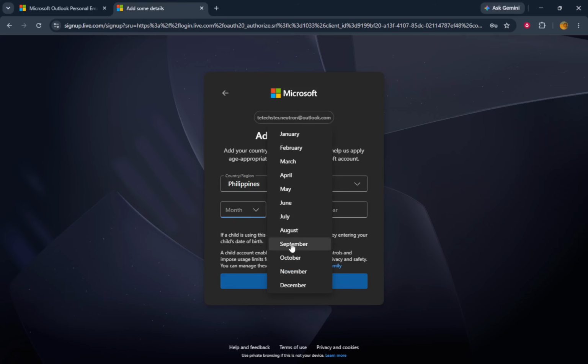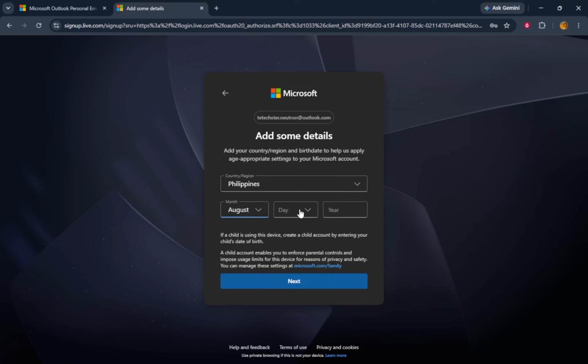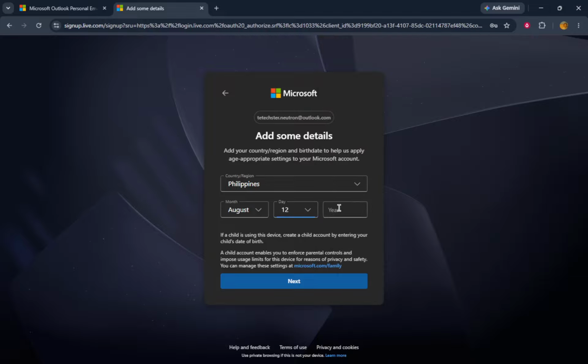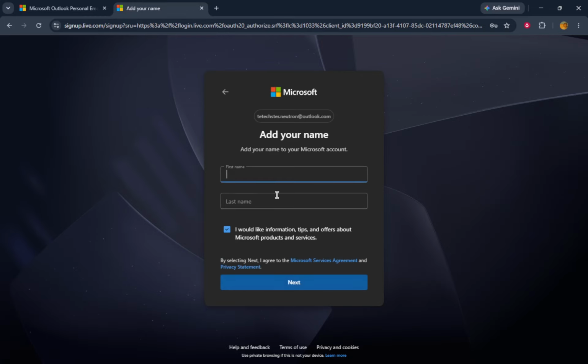At this point, enter your first name and last name, then click Next. This information helps personalize your account and is important for identification purposes. Your name will appear in the emails you send, so choose how you want to be represented. After entering your name, clicking Next will take you forward in the process of setting up your account. You should feel a sense of progress as you continue through these steps.